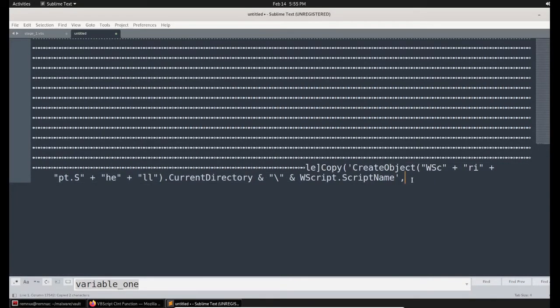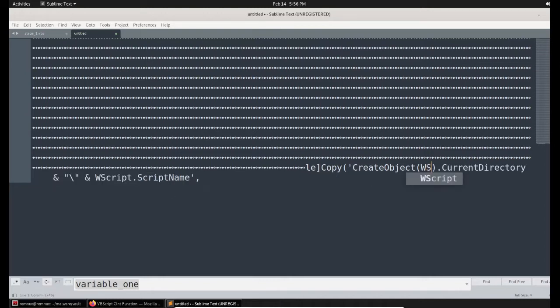So I'm just finishing it. Here the single quote begins and here the single quote ends. In the middle, they are also doing some concatenation, WScript.Shell. So let me mention it here: WScript.Shell. Perfect. Now we did that.